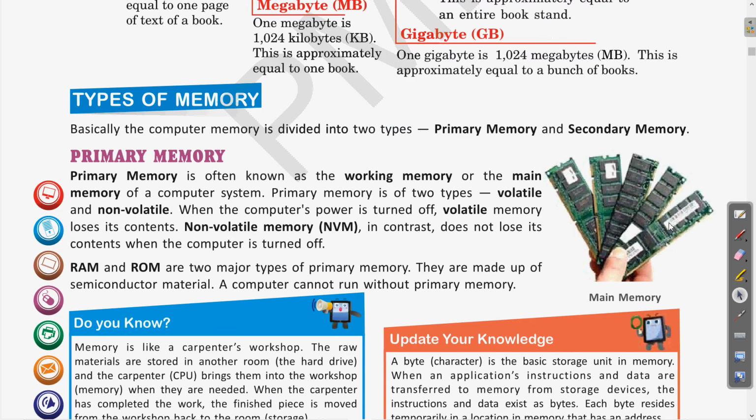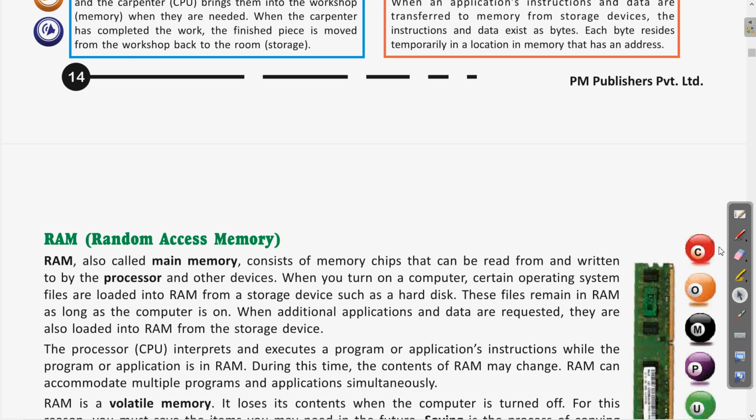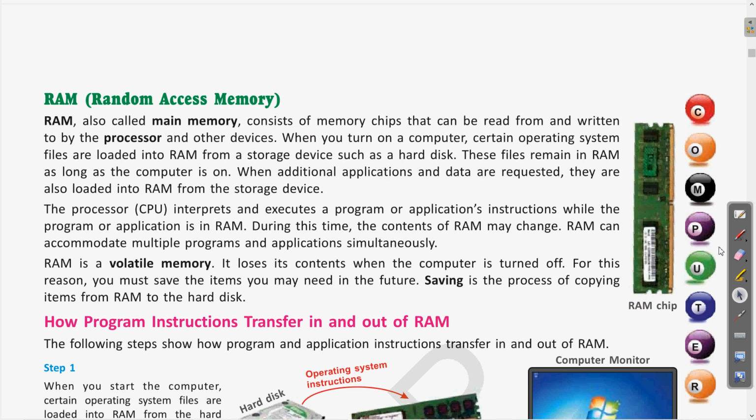After that we started with the primary memory, in which we saw the volatile and non-volatile nature of it, and then the two classifications of the primary memory, that is RAM and ROM. I hope you remember these things. Then in the previous class we started about exactly what RAM is. Clear? And we saw that RAM is volatile in nature.